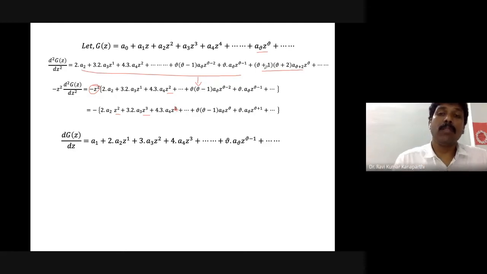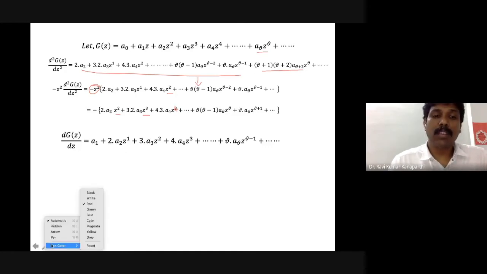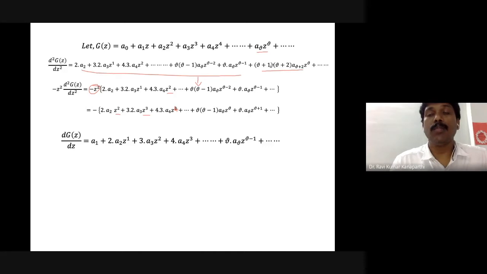Similarly, if you want to write down one term before that, wherever nu is there, you can substitute nu minus 1 and calculate. Similarly, if you want to calculate the right hand side, that is one term after this term, you just substitute nu plus 1 wherever there is a nu. And let me remind you what nu is. Nu is a variable. It can start from 0, 1, 2, 3, 4, and so on.